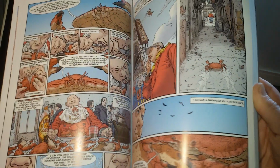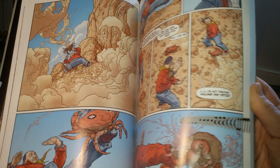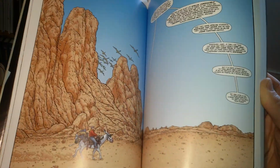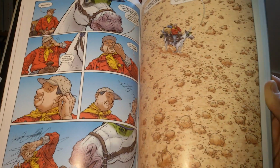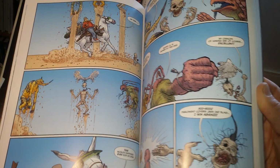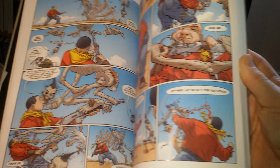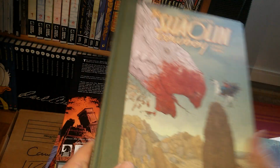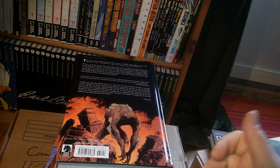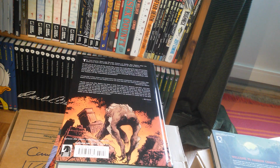Nothing to say about this one. It's Geof Darrow at his best, like he's always at his best. Fantastic, wonderful book. Number 1 of his Shaolin Cowboy trilogy, so you just have to have this. And on